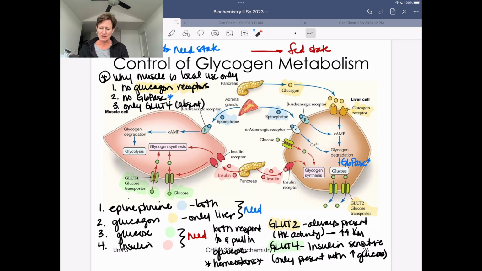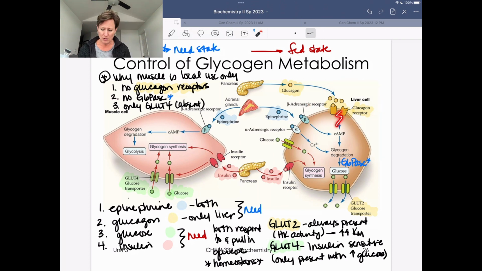So just to wrap up this video, let's make sure to look at the picture now that we have all of these details around what's happening, and let's take some of these arrows and walk through need state versus fed state and address what happens within each cell type here. If the pancreas is secreting glucagon, that must mean that we are in a glucose need state. We highlighted there's nothing happening over here with muscle cells, but we can see that glucagon binds to glucagon receptors